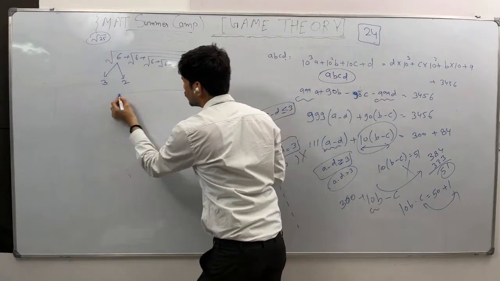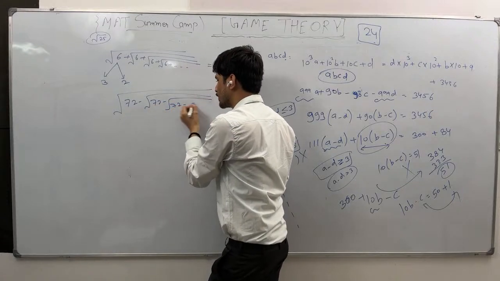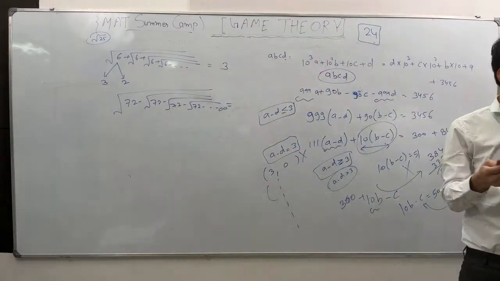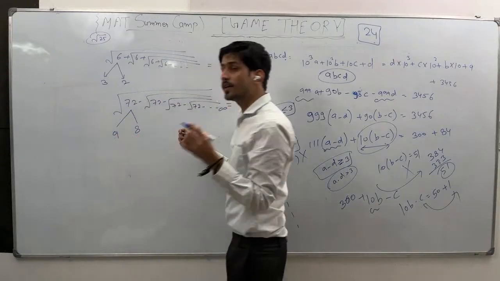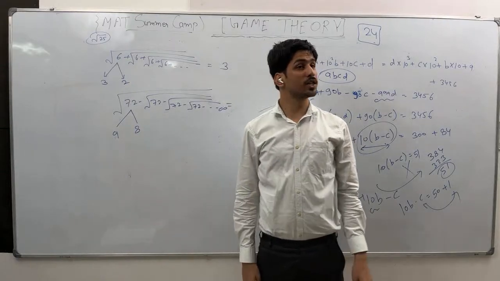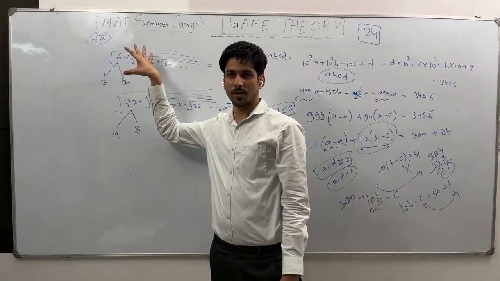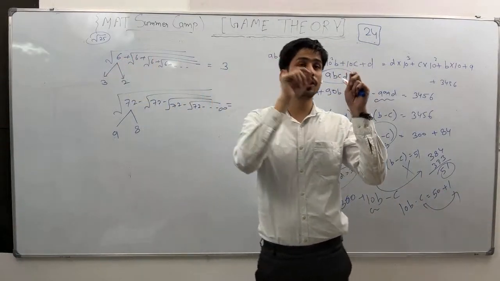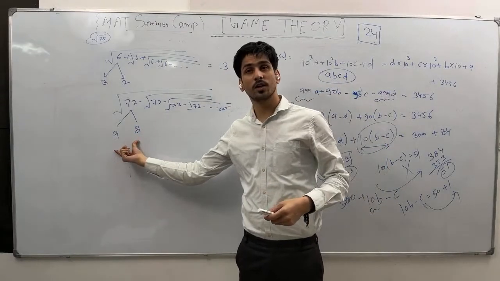Let's say 72 is given, continuing up to infinity. What is the difference? 9 into 8, right? It means you have to break this 72 into two numbers such that their product is 72 and the difference between them is 1. So 9 into 8 is 72. If this is number theory, they will definitely give such a number in which the difference between the factors is 1. So 9 into 8, 72. What is the difference? 1.